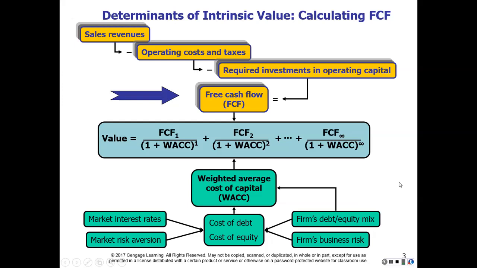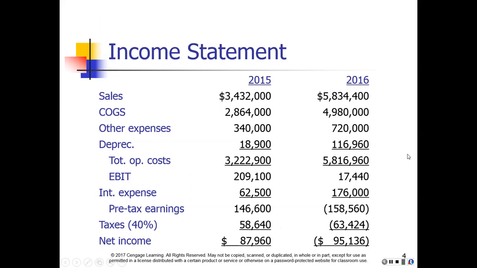But right now, let's look at the determinants of free cash flow. And so we'll start with looking at the income statement. Once again, this is from the mini case in your book, right? So go to the end of chapter 2, and you'll find the mini case. Okay, so here we have some numbers given,